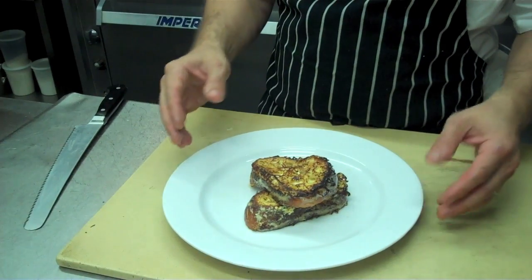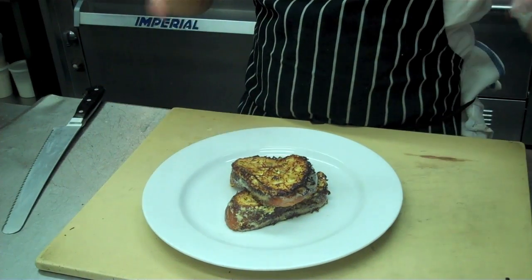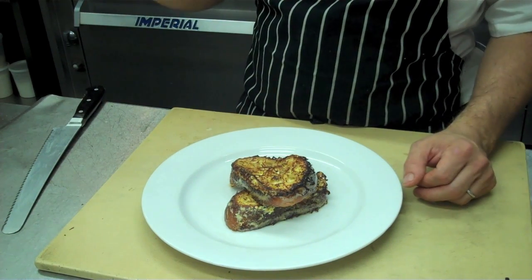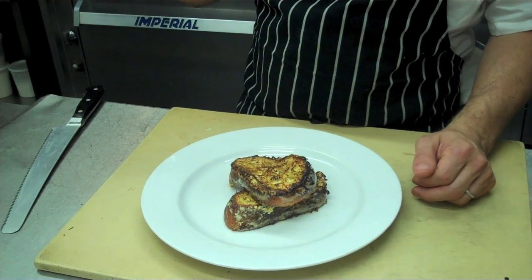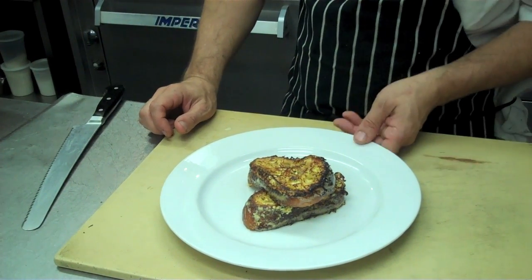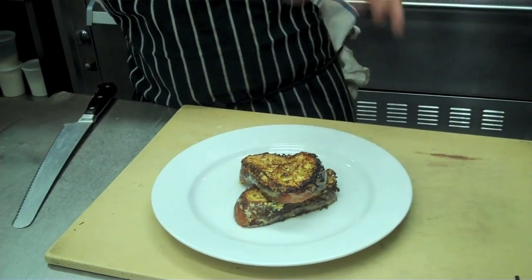Now at the restaurant, we make a berry sauce. We take all different types of berries that actually don't have to be super fresh. They could be berries that you have in the fridge that are starting to go and you don't know what to do with them. We just cook it in a little red wine with sugar. But today we'll do traditional French toast,